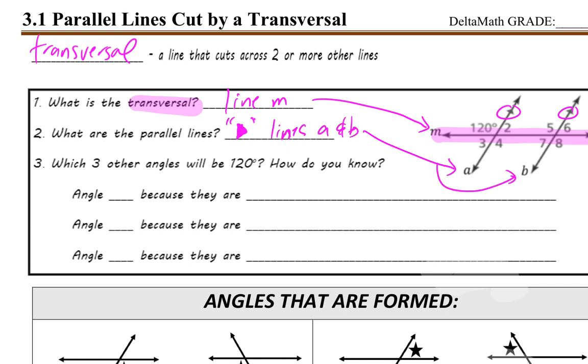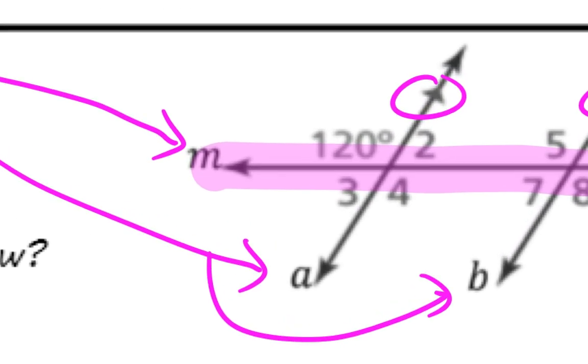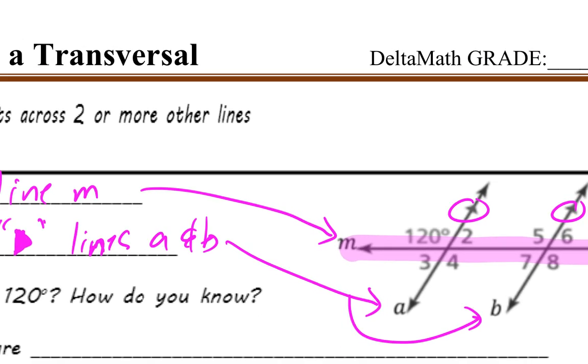All right, so it says, for which three other angles will 120 degrees be the measure? And then how do you know? Okay, so that's what we're going to talk about. Let's find the one angle that we do know. Okay, so we know that one angle is always going to be equal to another one when they are what's